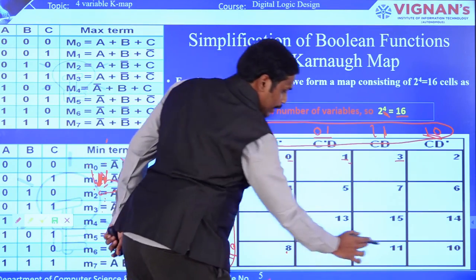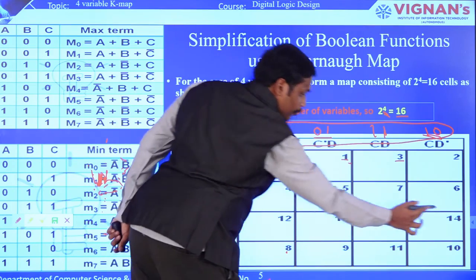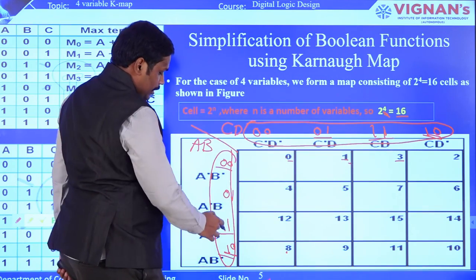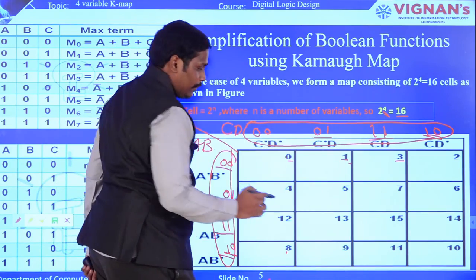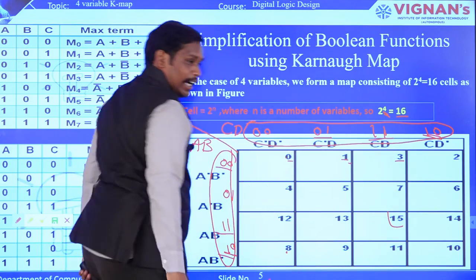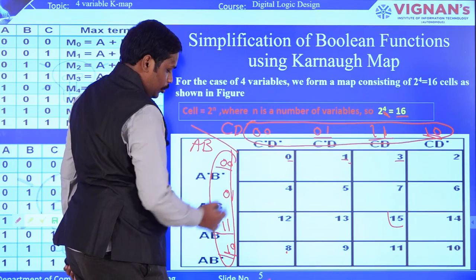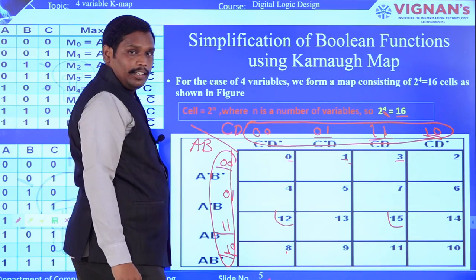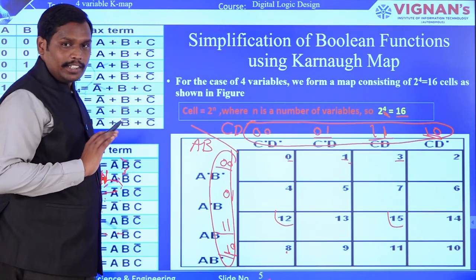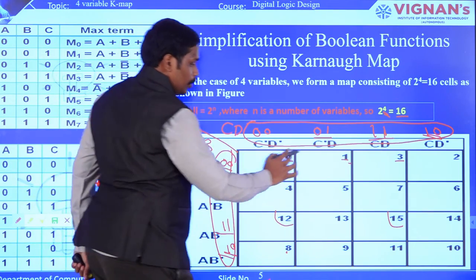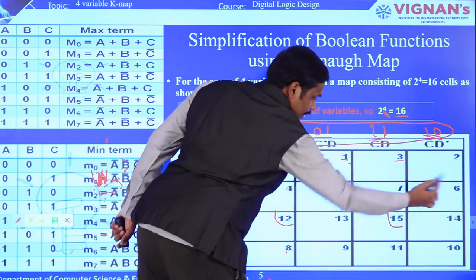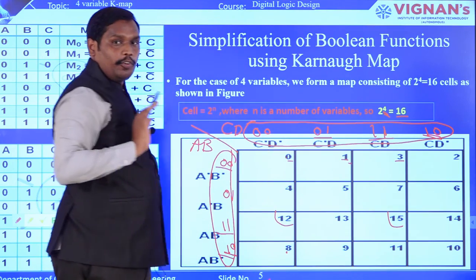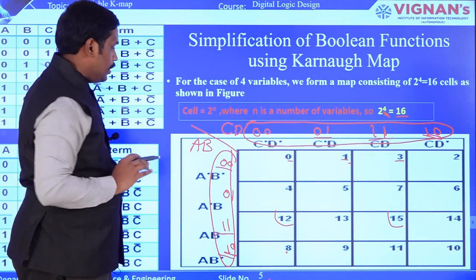So remember 8, 9, 10, 11, again 12, 13, 14, 15, because here it is 1, 1, 1, 1. So it is 15 and the 15 is represented here. And now you can see something like 1, 1, 0, 0, the binary representation of which is 12. So this is the 12th cell of the Karnaugh map. This is how you are going to construct a Karnaugh map. This is very important. I repeat, 0, 1, 2, 3, 4, 5, 6, 7, 8, 9, 10, 11, 12, 13, 14, 15. This is how a 4 variable Karnaugh map is represented.